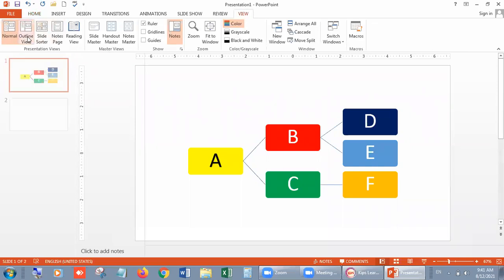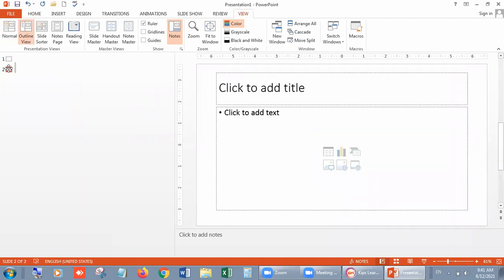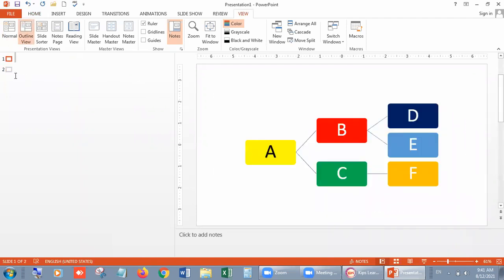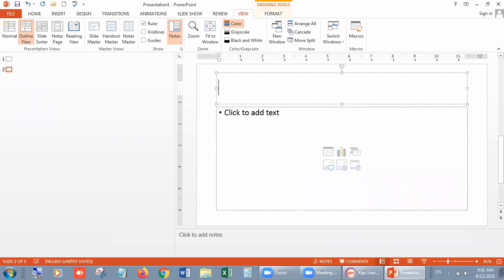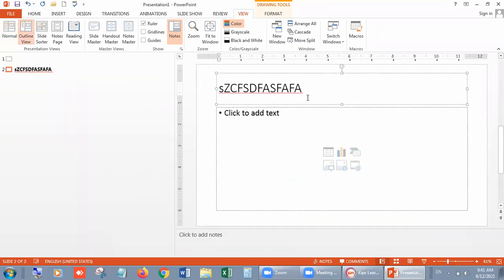This is outline view. In outline view, you will have 2 very small slides, and if you write something in your slide, then you can write in the outline view, means whatever you write, if you write something, then only you can see it in outline view. No graphics will show here. Like in normal view the complete slide is visible to you, in outline view only the outline will be visible. Means whatever you type in your slide you can see in your outline view.